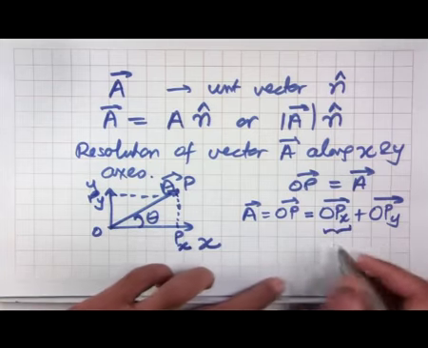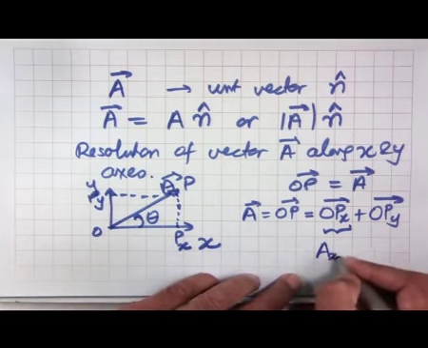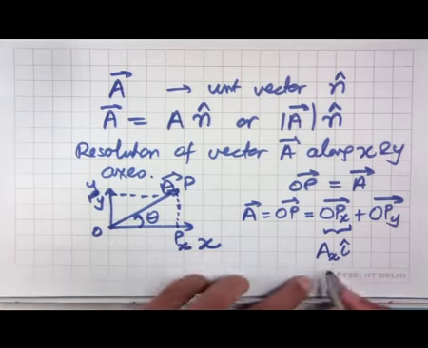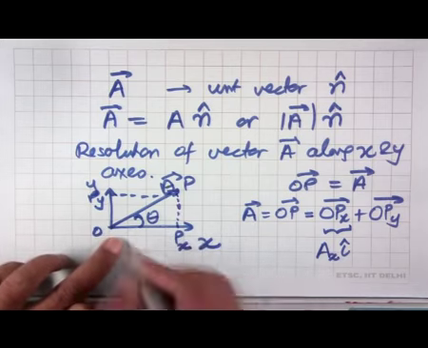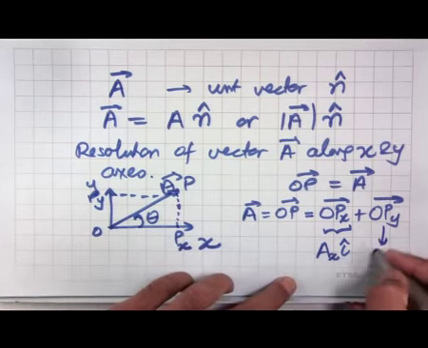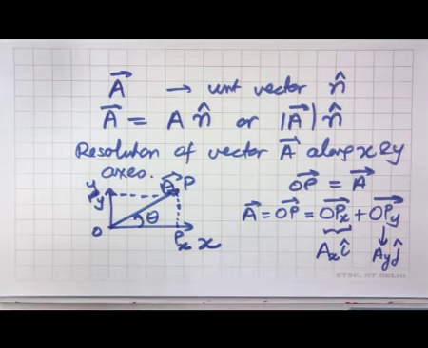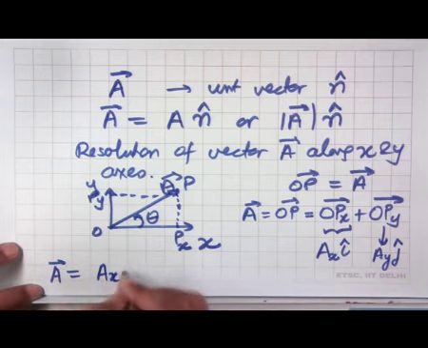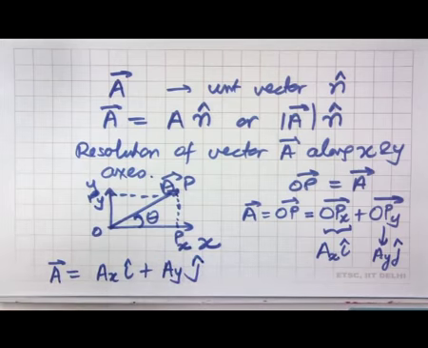And OPx, one can write as Ax times i, that is the magnitude of OPx, which is the x component of A, times the unit vector along the x direction, which is i, and OPy I can write as Ay times j. So, here I can write the vector A as Ax i plus Ay j,